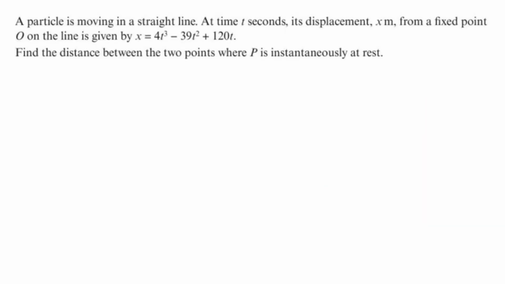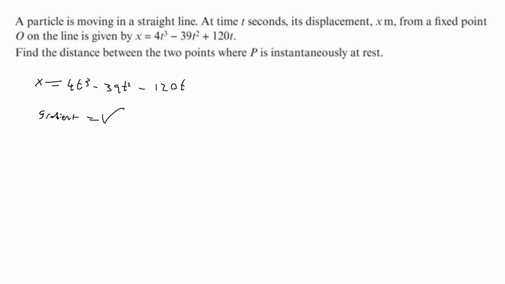Now let's look at this one. A particle is moving in a straight line. At time t seconds, its displacement from a fixed point is given as this. So find the distance between the 2 points at which it's instantaneously at rest. Now, remember what we said here. If x is equal to 4t cubed minus 39t squared minus 120t, remember, the gradient